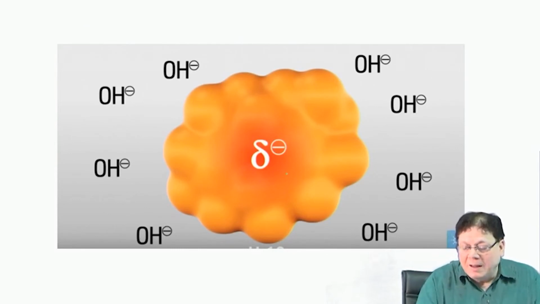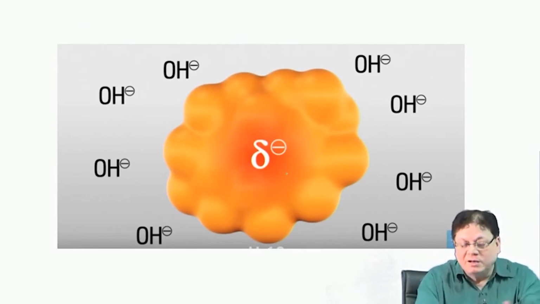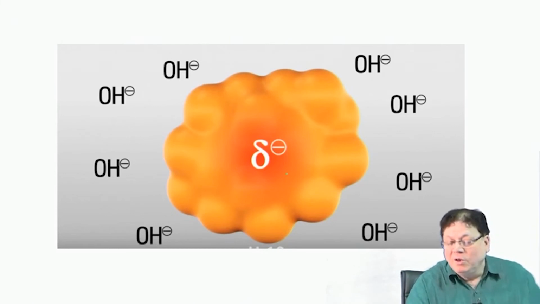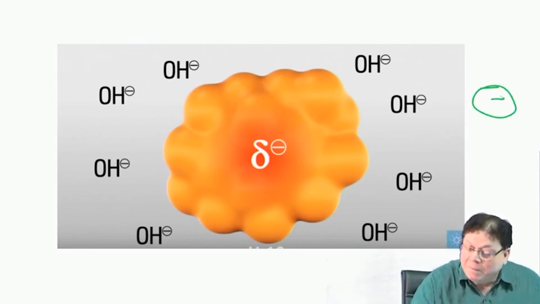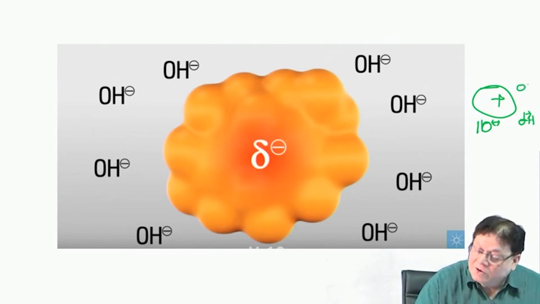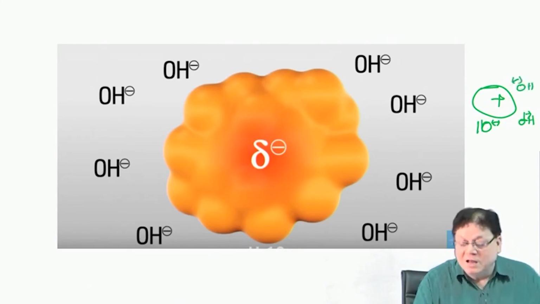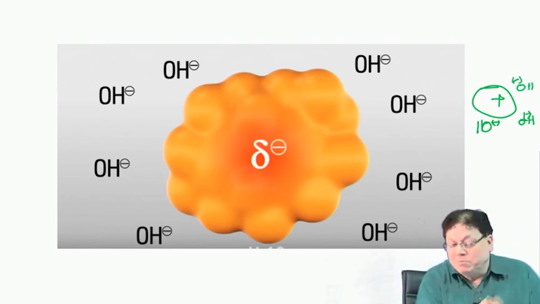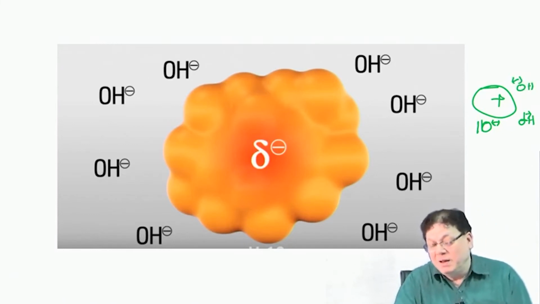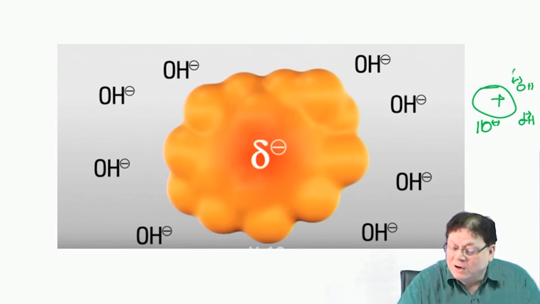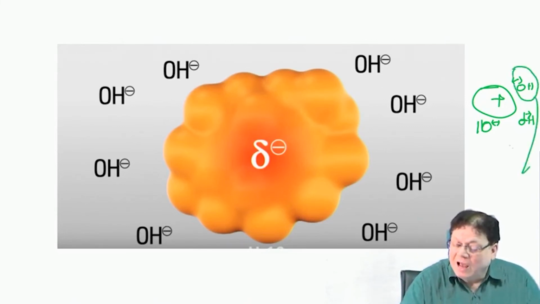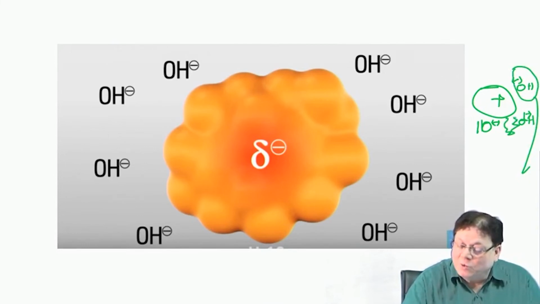The bead is possibly positively charged and surrounded by all these hydroxide ions. Now, when you add the protein, which is also negatively charged, that means you have a pH higher than the pI,